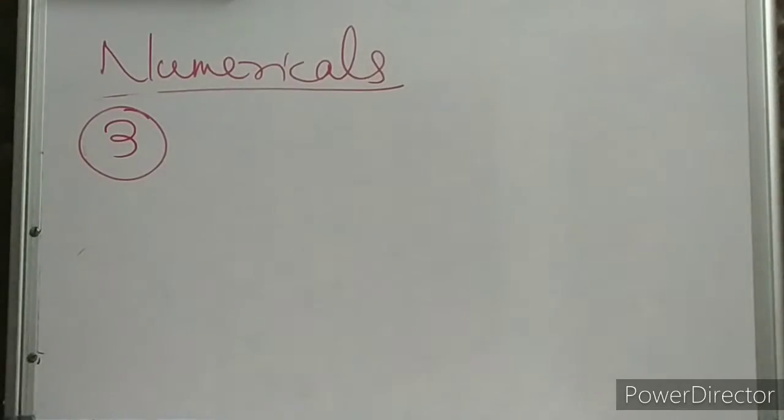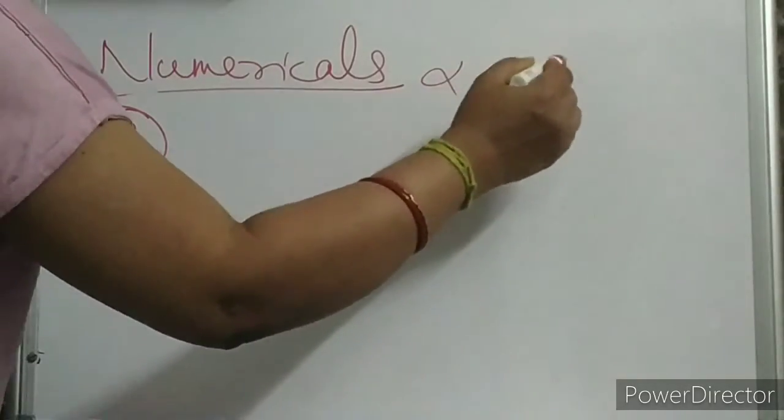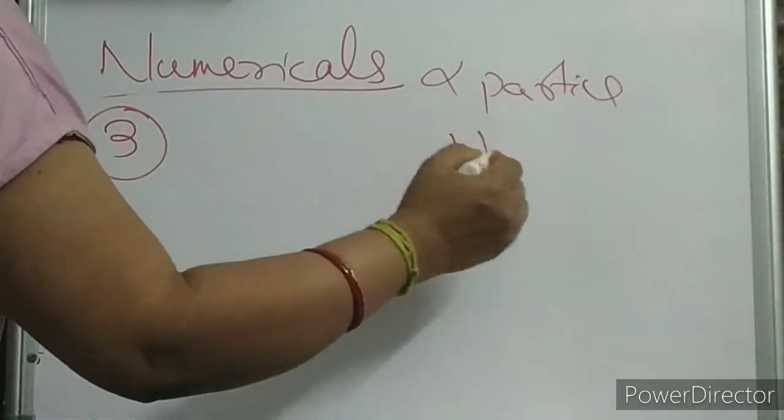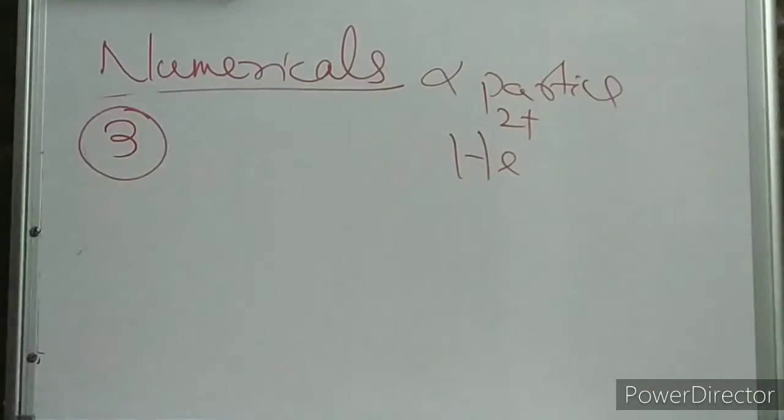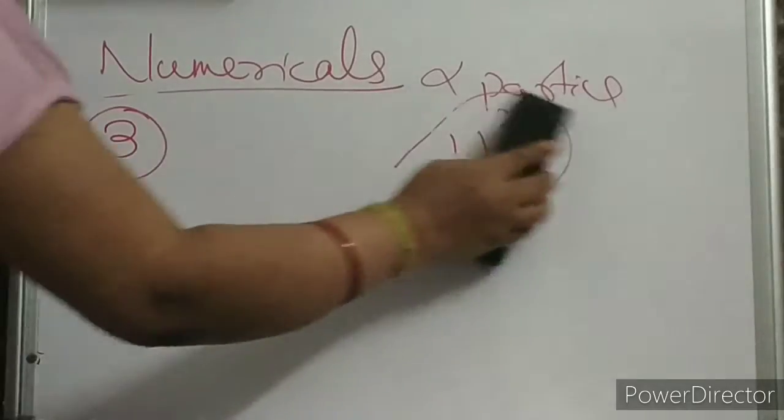What is alpha particle children? Alpha particle means helium ion that loses 2 electrons and becomes alpha particle. So it is again positive. If it is positive, then you know what is the direction. Means the question is giving the direction of the current children. Anything positive means it is giving the direction of the current. If electron, then obviously current is in the opposite direction. Clear children? Okay. We'll move to our next numerical.